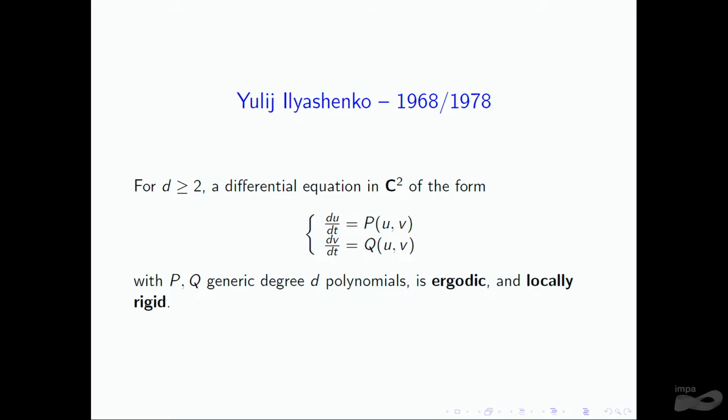And it is also locally rigid, which is the opposite of structural stability in a sense. That means that if you take such a differential equation, a generic differential equation like that, and you perturb the coefficients P and Q, you will see a phase portrait which is topologically completely different from the original phase portrait in the complex case. So those two theorems show that, in the complex case, you see some chaotic systems.